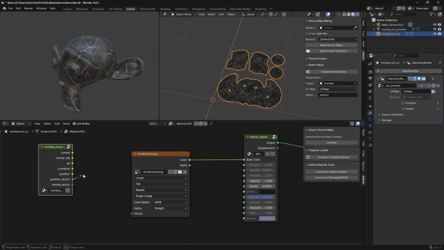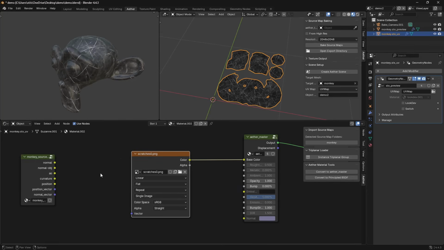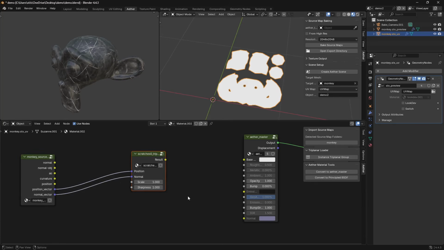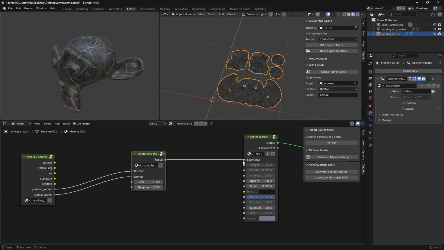So what we do is use the position vector and normal vector that are created from the source maps, and all we have to do is select our image texture and click this Instance Triplanar Group button. Now connect the result into our base color,